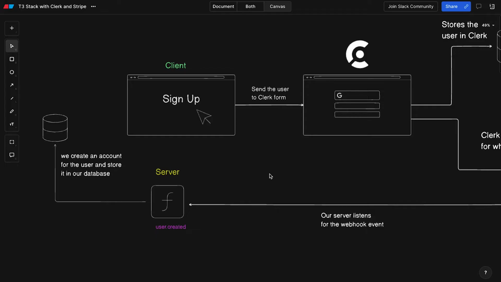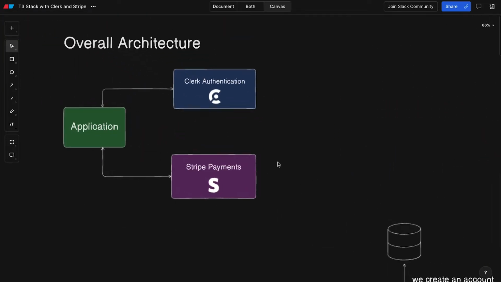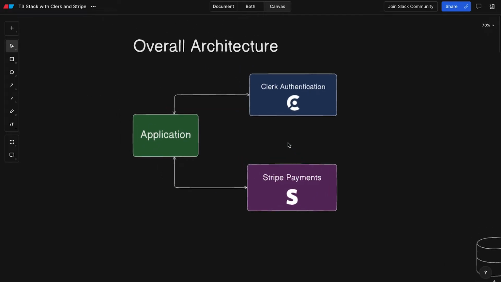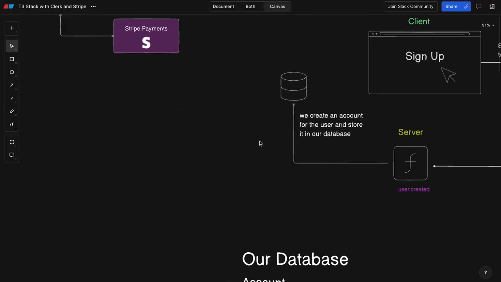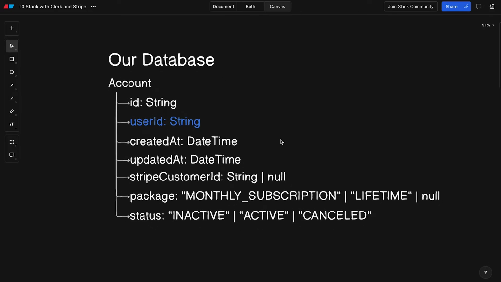Well, for our case, Clerk only takes care of user credentials and authentication. We also want to associate each user with a subscription or payment that they have made. So our account will be like a middleman between Clerk and Stripe. So for that, we will have a one-to-one relationship between a user and an account, where one user will have one account. Our account table will have the following schema: the ID, which will be a string, the user ID,